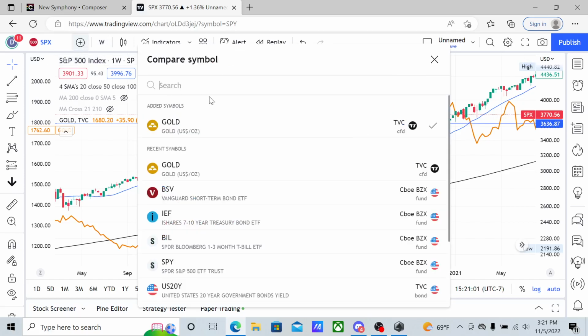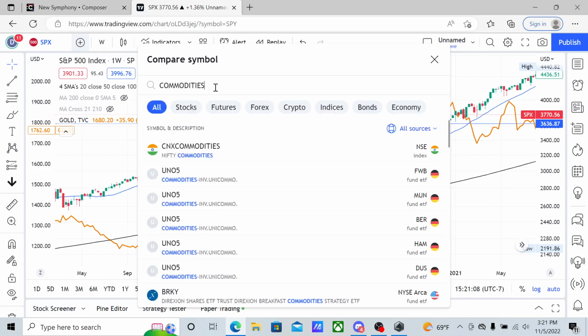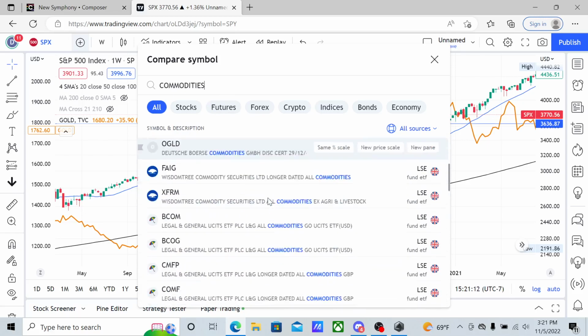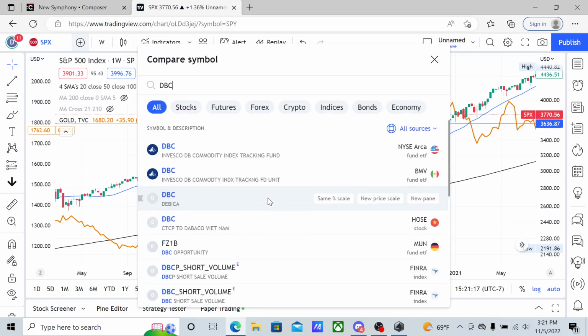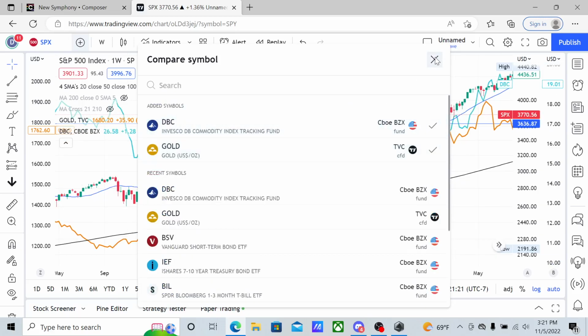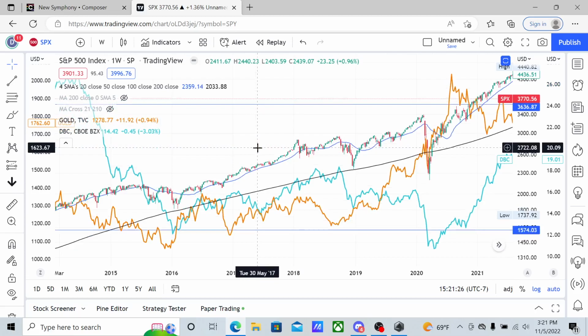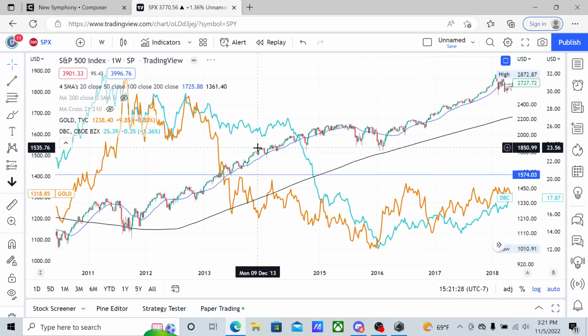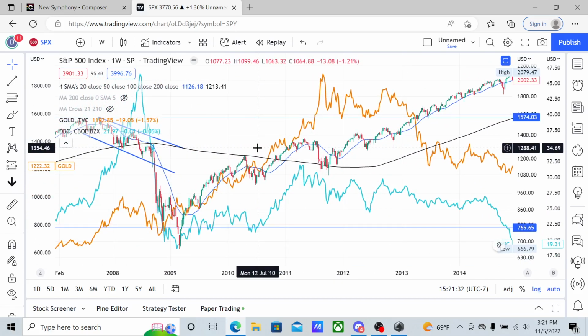So if you go here, this is just a comparison tool, so you could also plug in commodities. Let's see. I'll just plug in DBC. DBC is an ETF that tracks commodities, so that's another thing you could use as sort of a parity switch, because it's not correlated to the S&P 500. So you could look at investing in commodities maybe